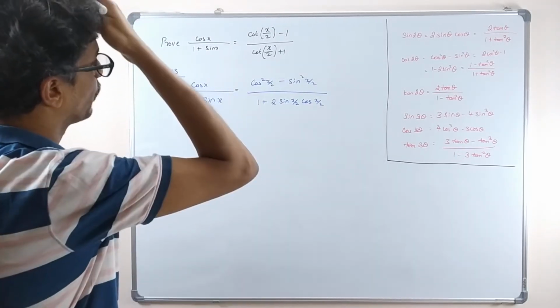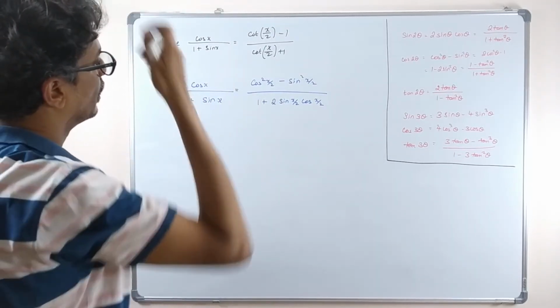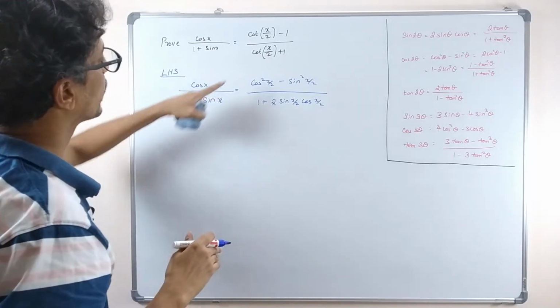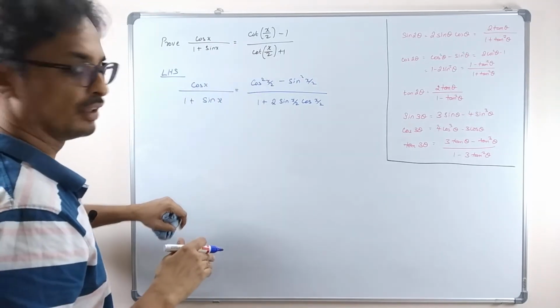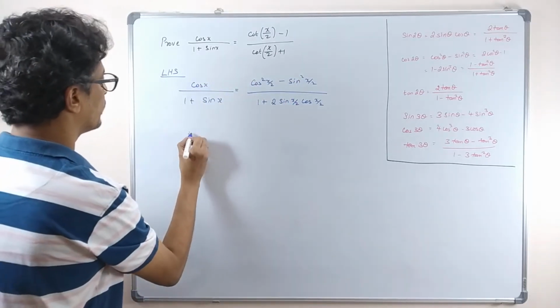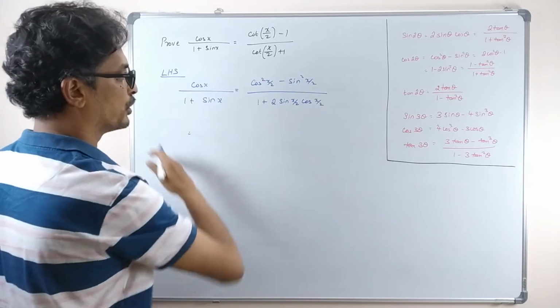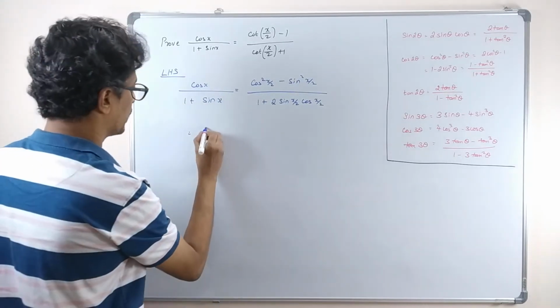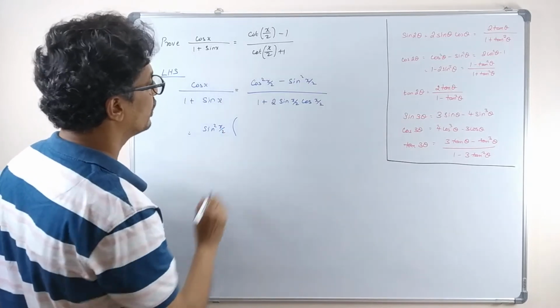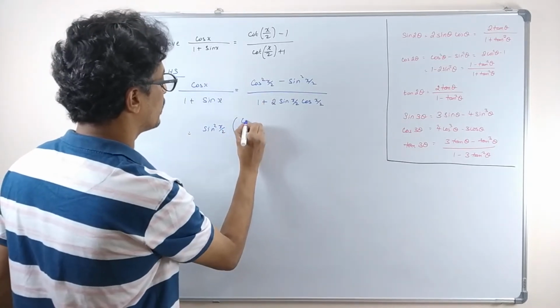Okay, so basically we wanted to express this in cot, correct? If I want to convert this into cot, what I am going to do is take sin square x by 2 outside commonly. So sin square x by 2, if I take it outside, this becomes cos square x by